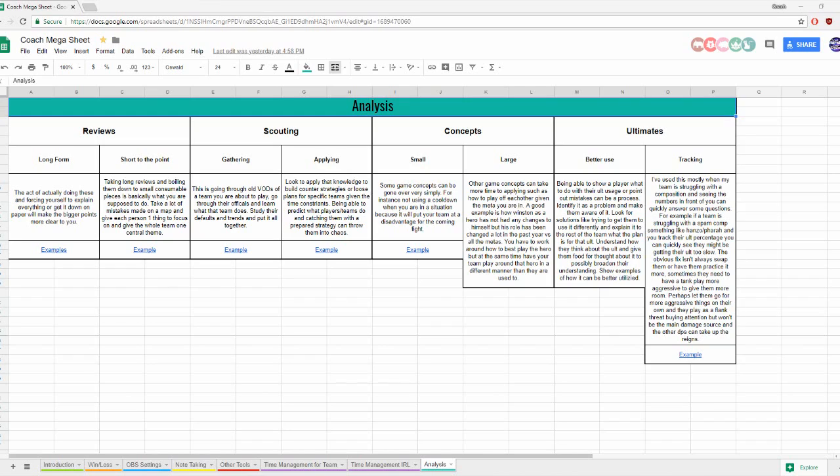Then there's a tracking thing that I've also done, where I found that on very specific maps, and I think Spam maps was the best example I could think of, you can find very specific examples of whether your team is not earning enough ultimate charge from their players, so the DPS or the tanks or the Zen isn't getting enough ult charge. You can definitely spot where that information can be applied, and it can change your hero picks. It can change how players are playing. So if you notice a trend where a player is playing on the right side of the map and they're getting more ult charge than they would if they were playing main or top left, on a certain map,